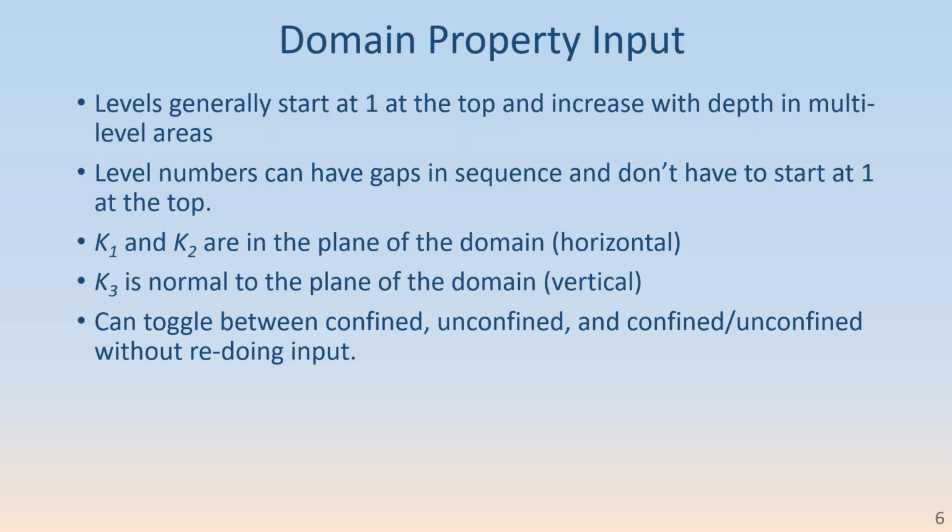Just some general guidance about domain property input. When you're specifying levels, generally you would start with 1 for the topmost level and increase the level number as you go deeper in multi-layer areas. But that sequence of numbers doesn't have to be continuous. You could go from 1 to 3 to 4 and have gaps. And that can be handy when you're assigning level numbers so that you can make contour plots of a series of domains